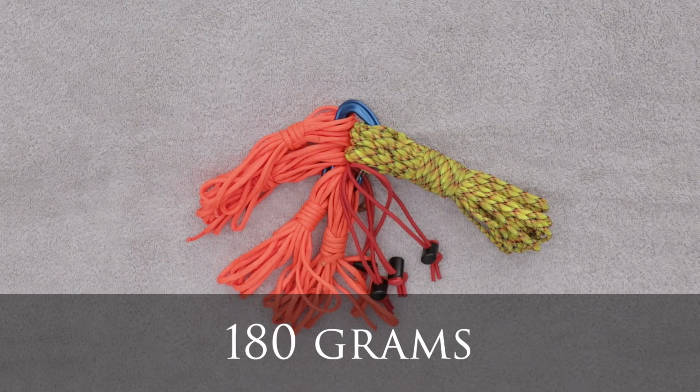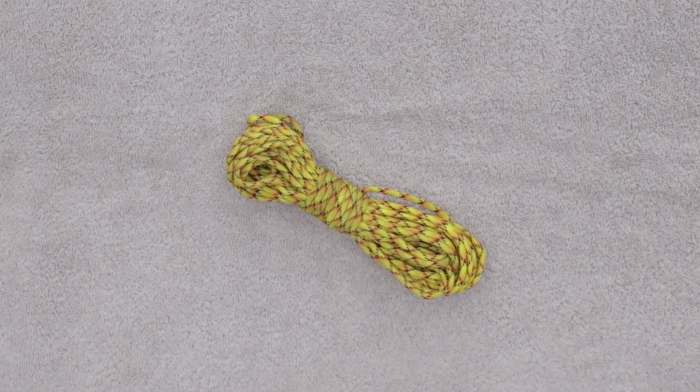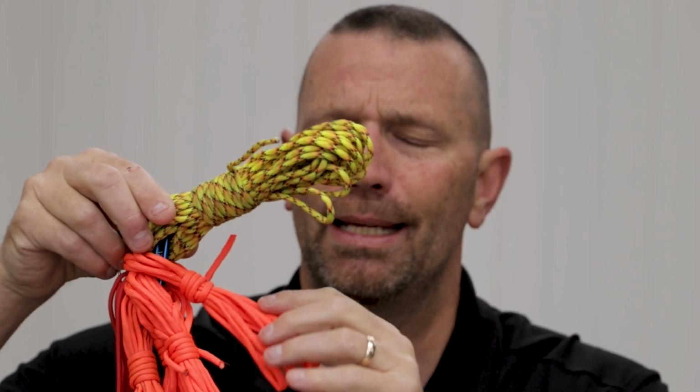Here is my paracord that I have in my shelter kits. First of all, I have a very long piece of paracord here. This is usually 25 feet or so. This can be used for shelter ridge lines. And then I have 4 to 5 10-foot